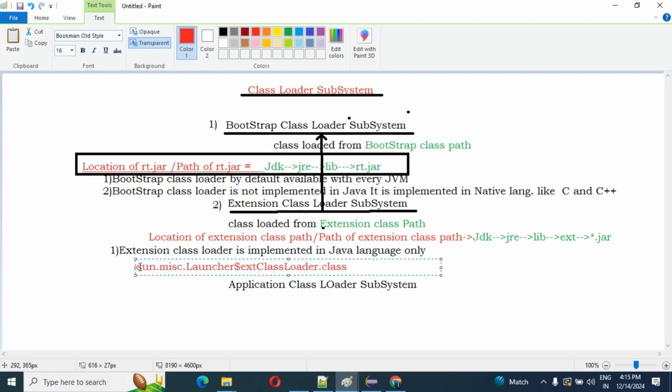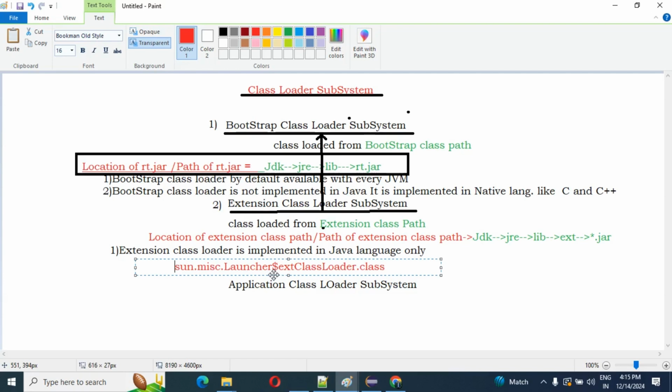This is the name of the corresponding class. You can see a dollar sign, which means the extension class loader is an inner class of the Launcher class. Keep that in mind.